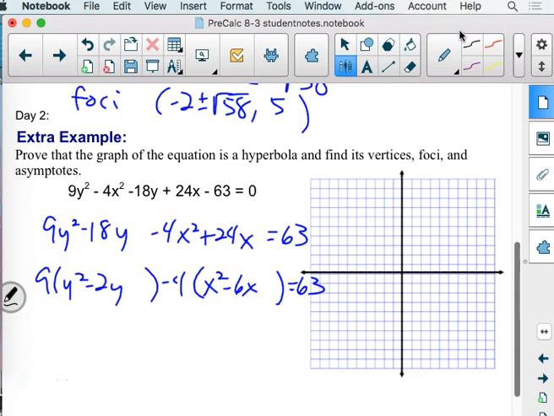Did you already complete the square? What's going on here? -2 divided by 2 is -1. When you square it, you get 1. Did we just add 1 to the left side? We added